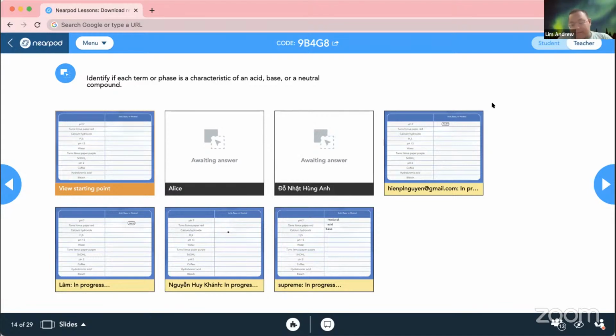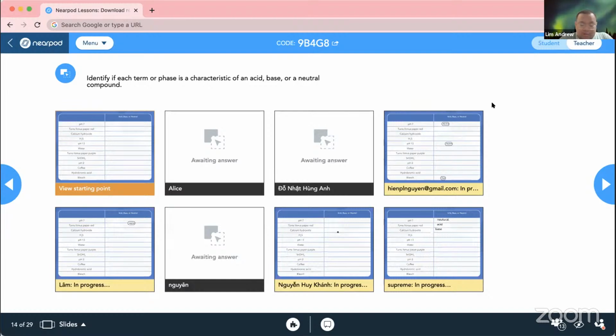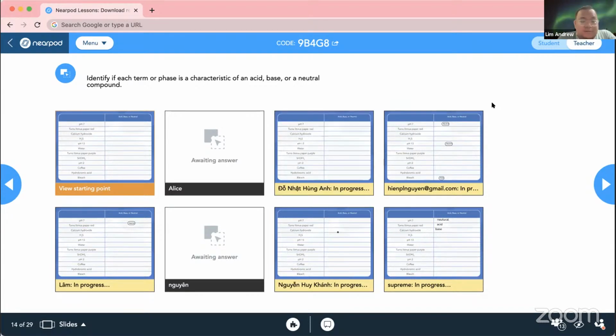Look at the table. Just now we went through the pH scale. 0 to 6 is acid, 8 to 14 is alkaline or base, 7 is neutral. So from there, you should roughly know what the pH value is. I give you 5 minutes to do it. Once you are done, we will go through it together.